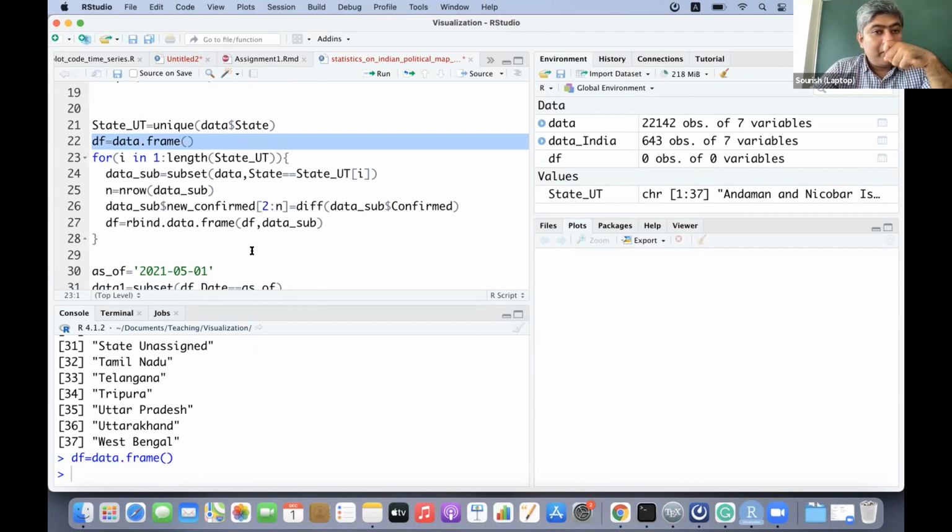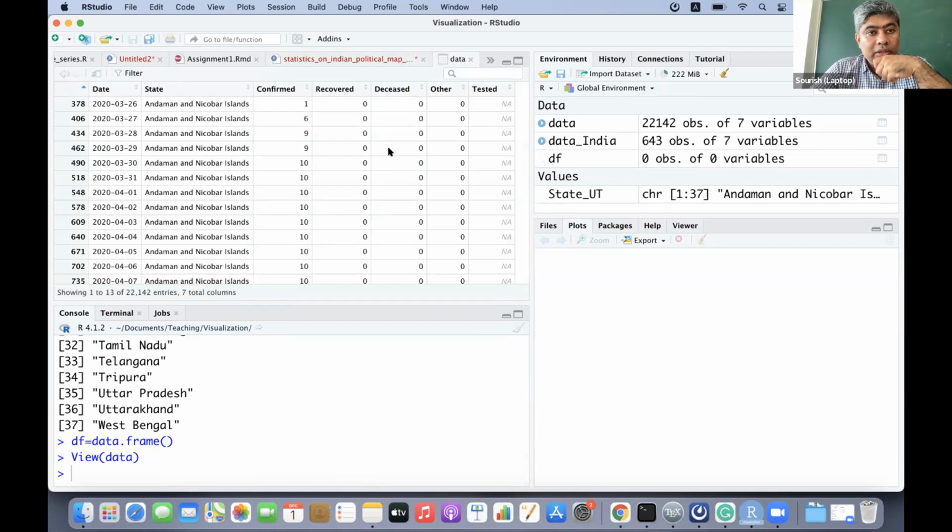Basically what I want is, first day there is 1 case and then there is a 6. That means on the 27th March 2020, there were actually 5 cases. So 5 plus 1, 6.